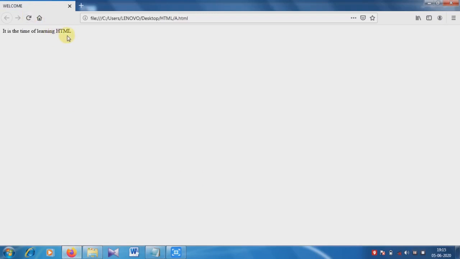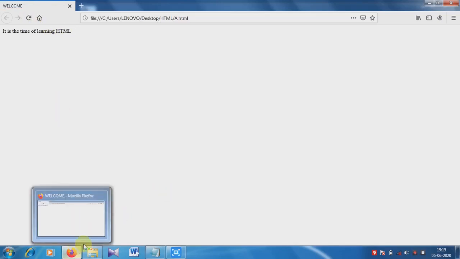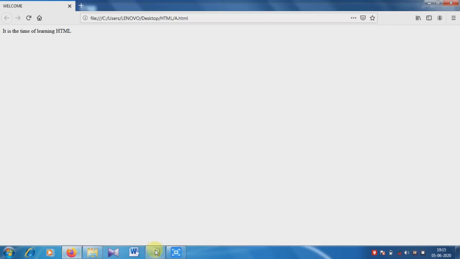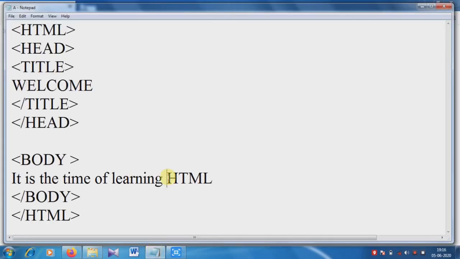See, now it is not in bold, it is normal text, and when we put the B tag, it will be in bold.